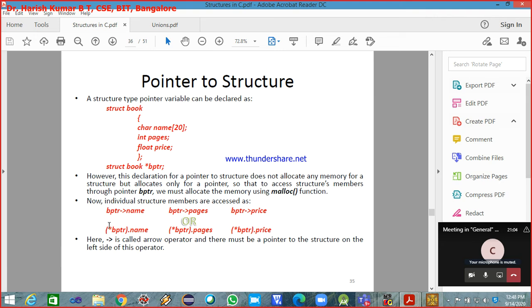You have to do it like this. You specify the pointer name with the dereferencing operator star, and then the name. You have to remember that when you are using the dereferencing operator star and the pointer to access the structure members, you have to write the pointer along with the dereferencing operator inside the brackets. Then you specify the member name using the dot operator. So this is one way, and malloc we will be discussing later. Dynamic memory allocation, when we get there we'll discuss more on this. Right now we'll not worry about this function.